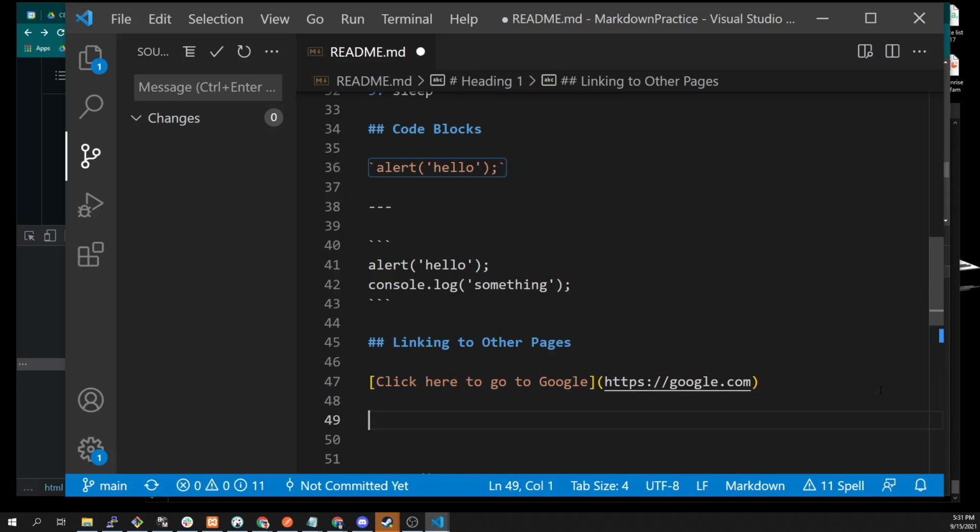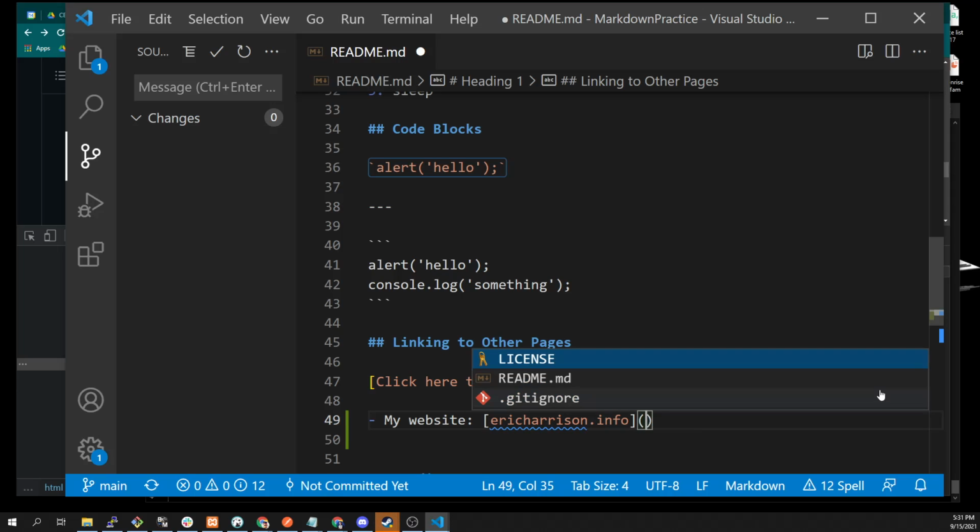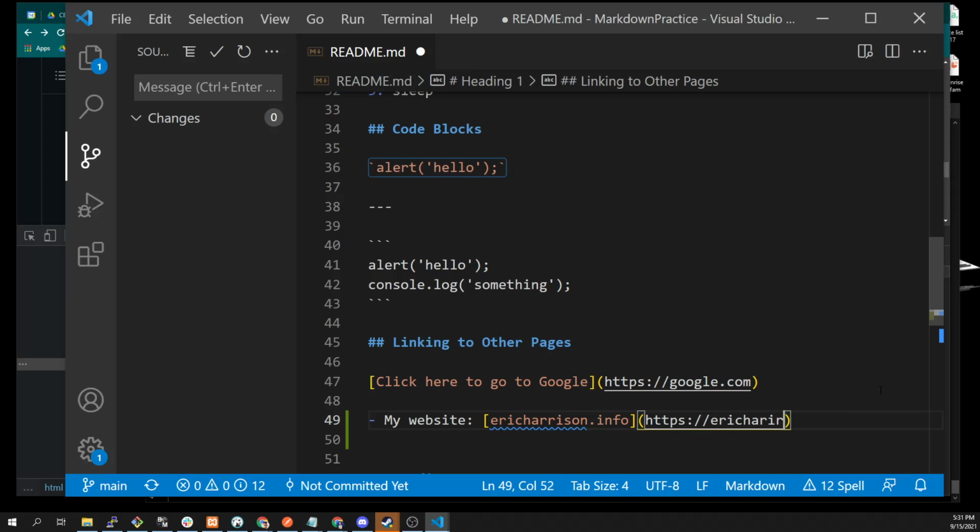The other cool thing about links like that is that we can interchange all of these different things, right? So we know like, my name or my website, and then I could put ericharrison.info, right? So I'm combining the unordered list with some text that also has a link inside of it, and so I can put in, let's add another one. My LinkedIn is